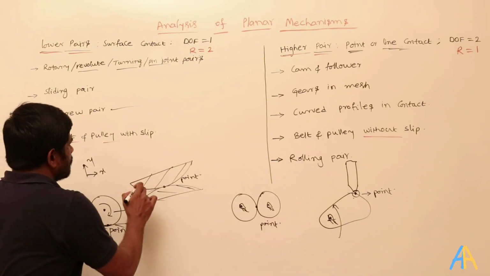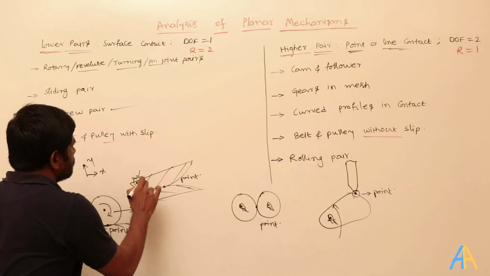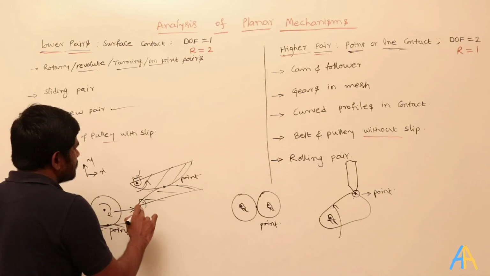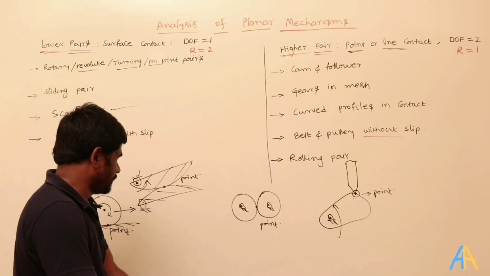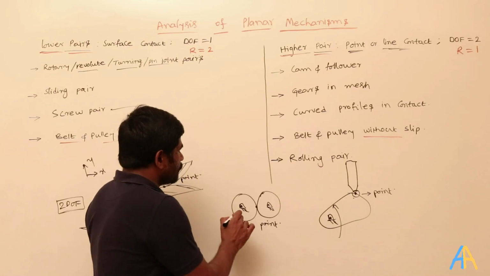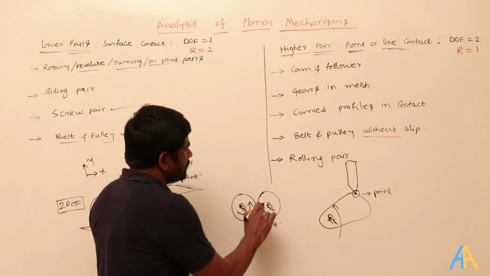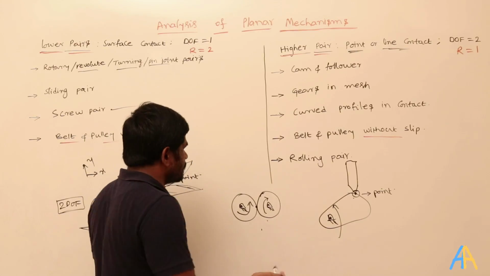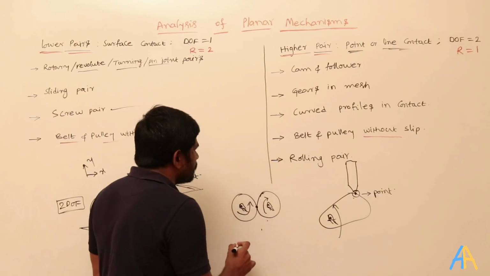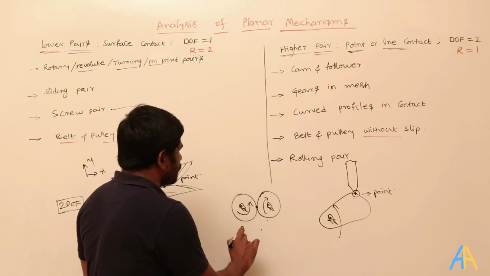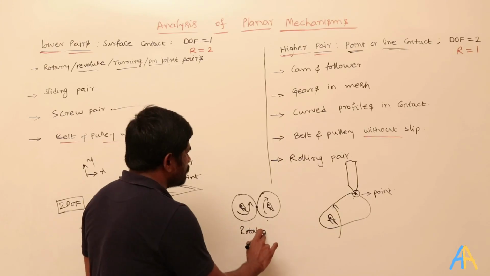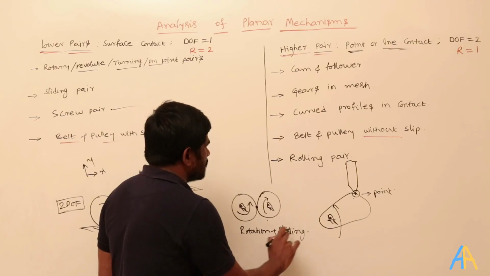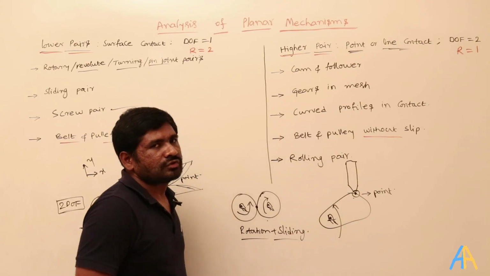And what about here? For example, if I fix this, and then try to rotate this, it will try to rotate about this. So in this case, what is happening? You may think that when I am rotating the gear here, obviously this also rotates without anything else. But actually, what is happening at the point of contact is not only rotation, but also sliding between these two. So it is rotation plus sliding, both are happening. That is why the degrees of freedom is 2 here.